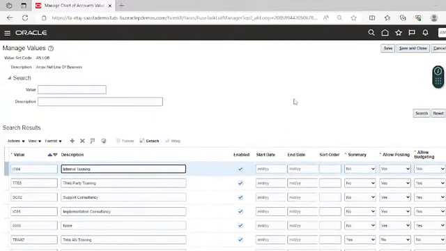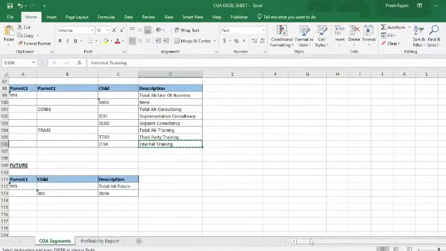Save and close. We have added all the values for the line of business segment, and now we'll take one future segment.